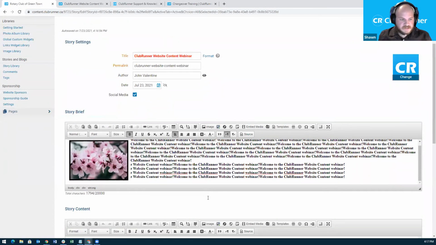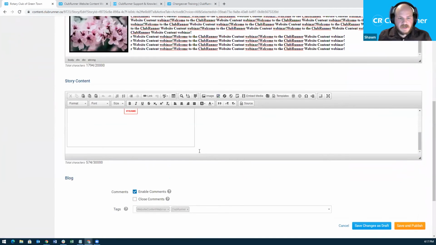This is our editor section. I'll scroll down a little bit here. We can paste content into here. So if I copy this, we can paste it by hitting Control V. But we also have these paste options up at the top. So on the toolbar, we have our regular paste, we have the paste as plain text, and we have the